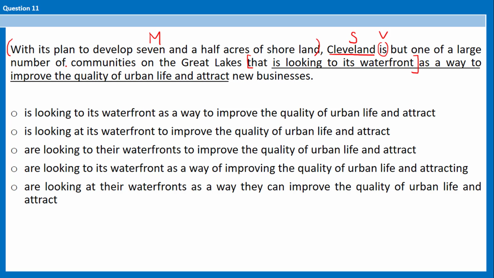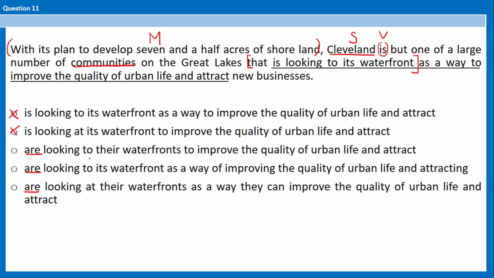So you need a number of communities, which by the way is, what is it, plural or singular? A number of is always plural, always plural. Okay, so you can say that the communities are looking. I cannot pick the singular is. So the communities are looking